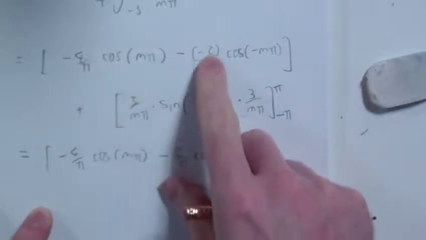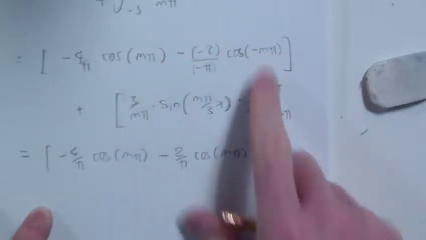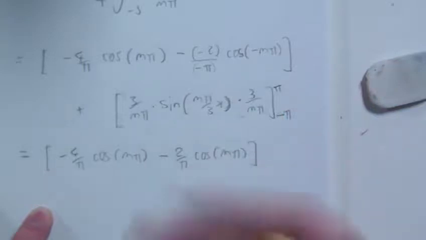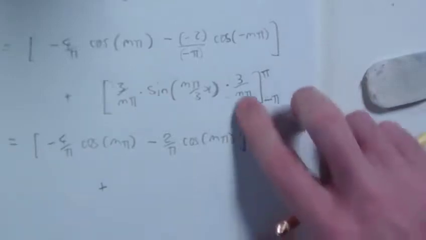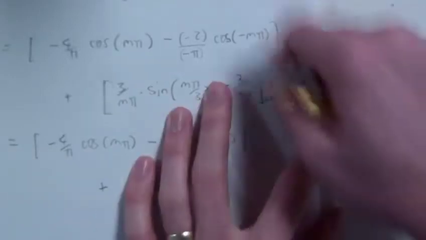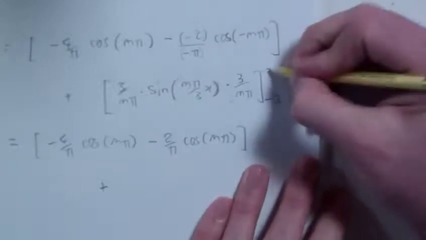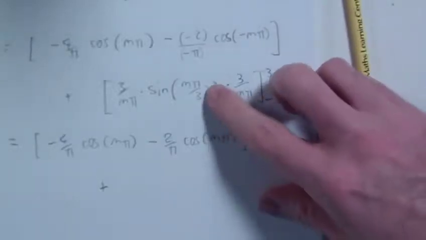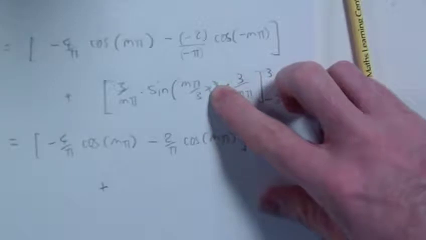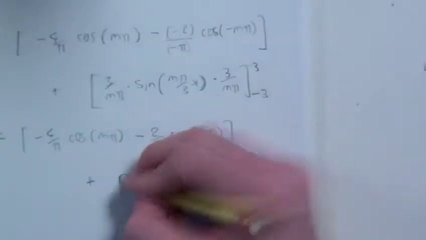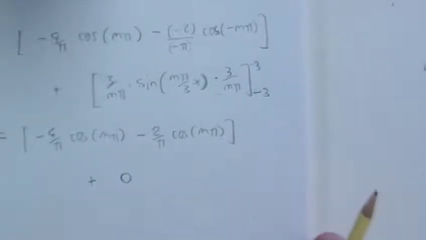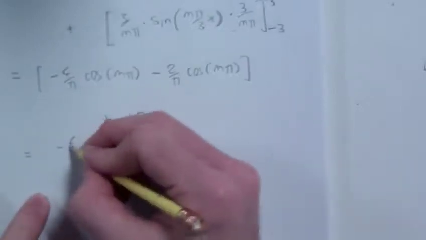Okay, so I didn't change this bit, and then the minuses that are here cancelled, and then the cos of minus m pi is the same as cos of m pi because cos is even. And this bit down here, sine of, oh that's not a pi, sorry, it's a 3. So when I sub in x equals 3, I'll get an integer multiple of pi. When I sub in x equals minus 3, I'll have an integer multiple of pi again, so that'll be 0. And then I'll get minus 6 on pi